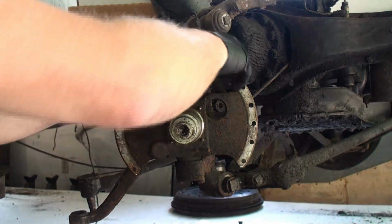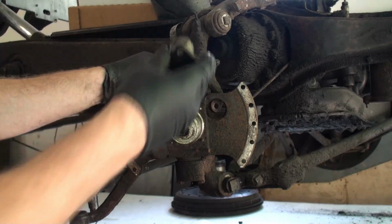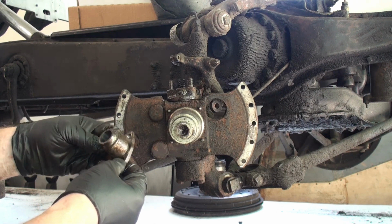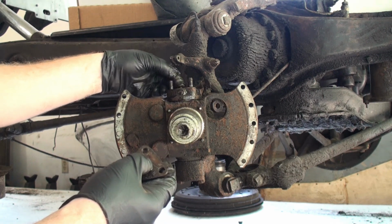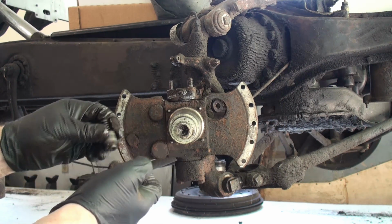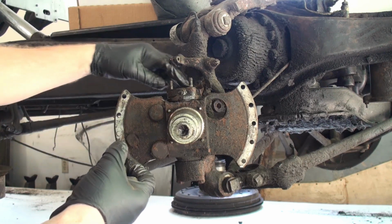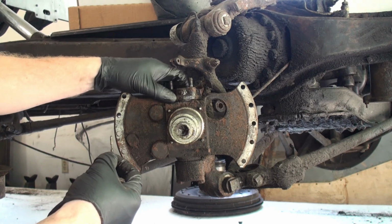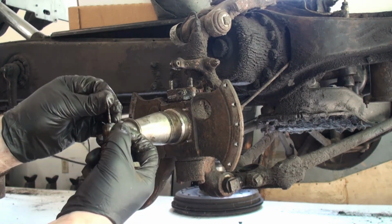Let's see here. Yeah, so now we have the upper race. It's pretty hard steel. So, it doesn't look like I banged it up too badly, considering what I had to go through. Then we have these lubrication bits up in here that fit inside like such. You want to keep track of all those. There are some balls in a ball race which I think are going to stay in there